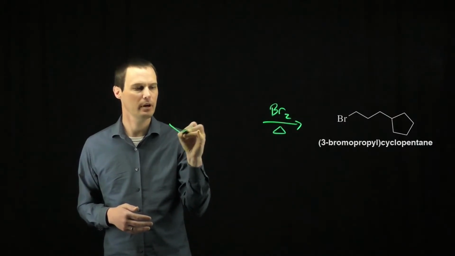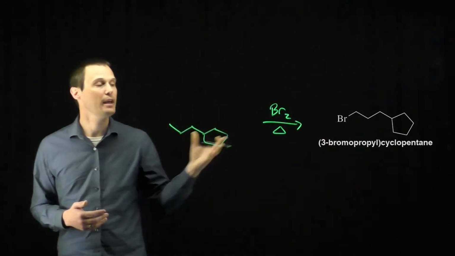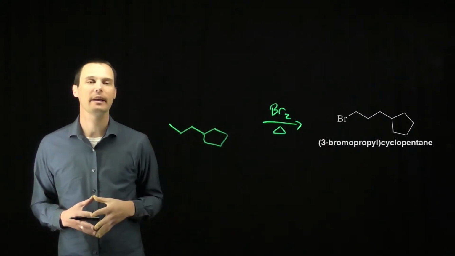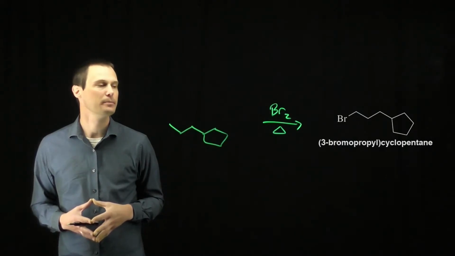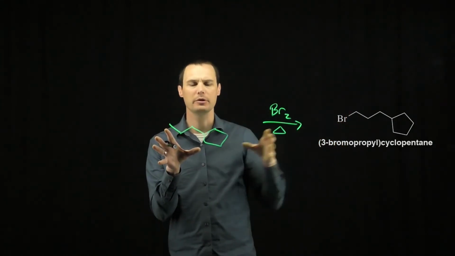We'd have 3 carbons and then the cyclopropane, or cyclopentane. This will be the alkane starting material we would need to form this alkyl halide product under radical halogenation conditions. But let's take a look at this. If we didn't know what the product looked like and we were just looking at this starting material and reacting